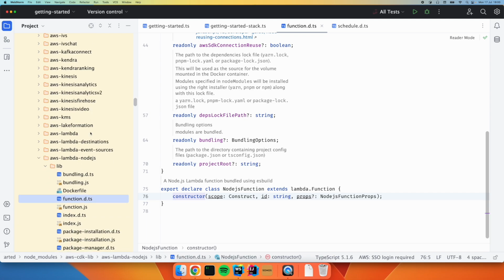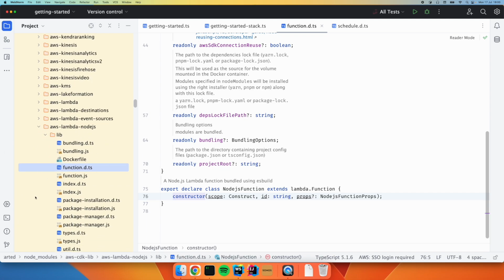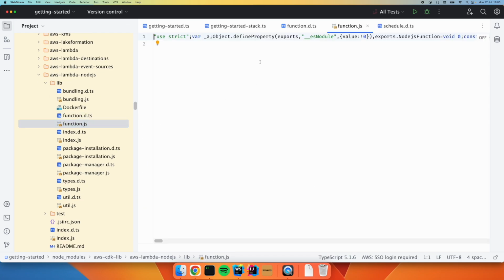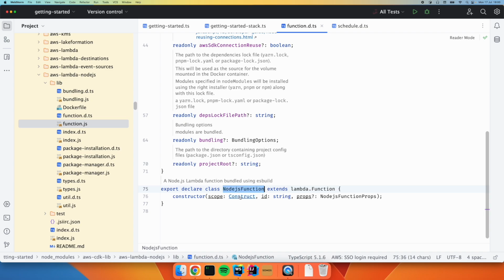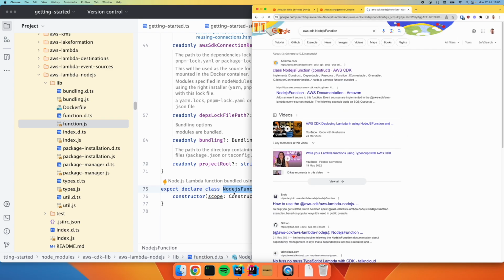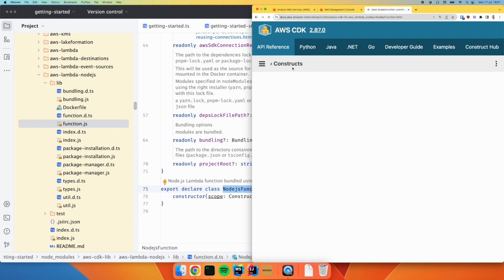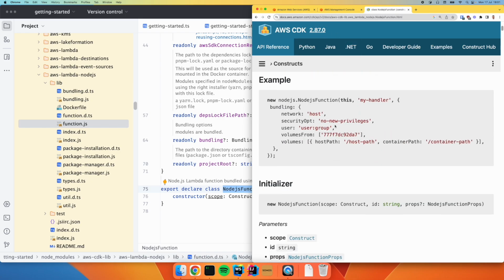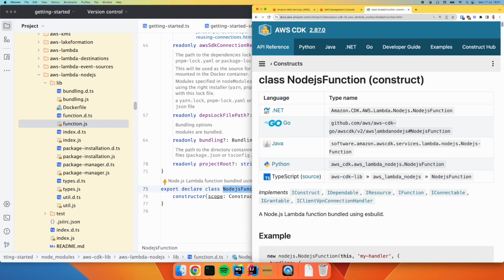if I find that area in the CDK code here, all I've got is the type definitions and the minified file, minified JavaScript. Now we could format that if you like and then have a read through it, but what I think is easier is to take the name of the construct you're interested in, search for AWS CDK, then the name, find that construct here, and then just going to double check this is version 2 of the documentation, which it is, and then we can see sometimes some examples and sometimes some other bits and pieces of useful